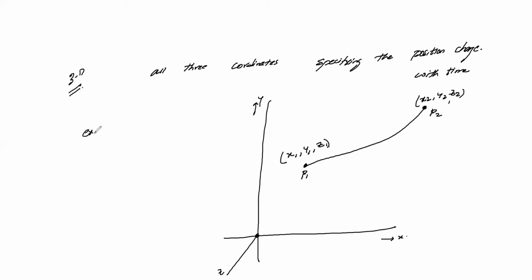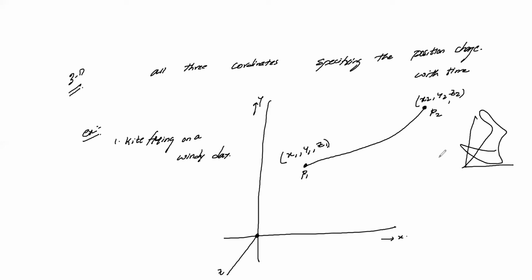Let's see some small examples for this. For example, a kite flying on a windy day. Why a windy day? If it is a regular day, what will happen? It won't fly at all. It will be in a stable condition at one particular point, we can say a straight line. If it is a windy day, it will try to move to and fro continuously. Because of that, there is a change in its position with respect to the axis. So it is not in a straight line, it is not horizontal. It may go in a zigzag manner, which specifies the three dimensions. Okay, so this is your first example.